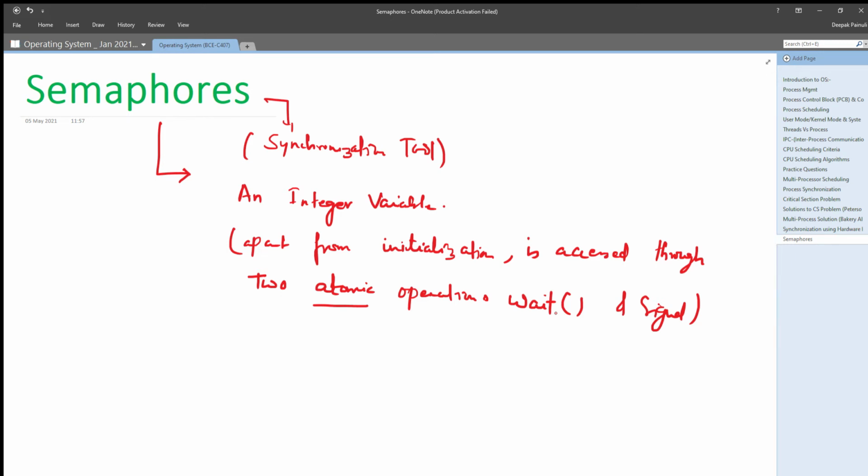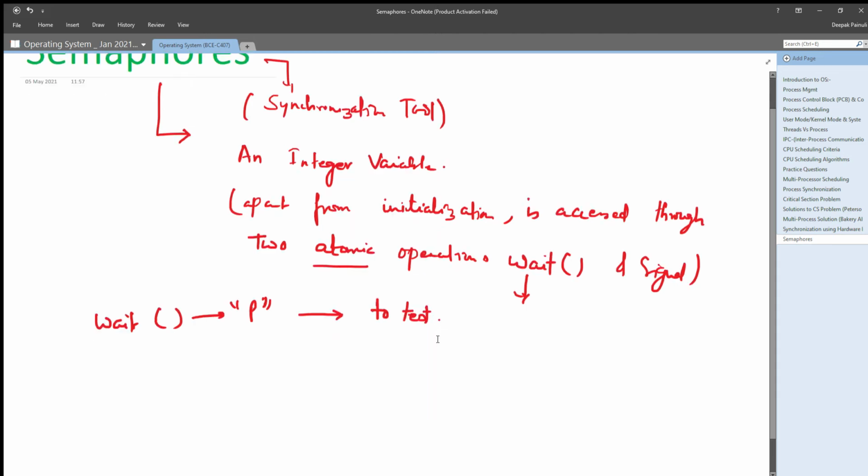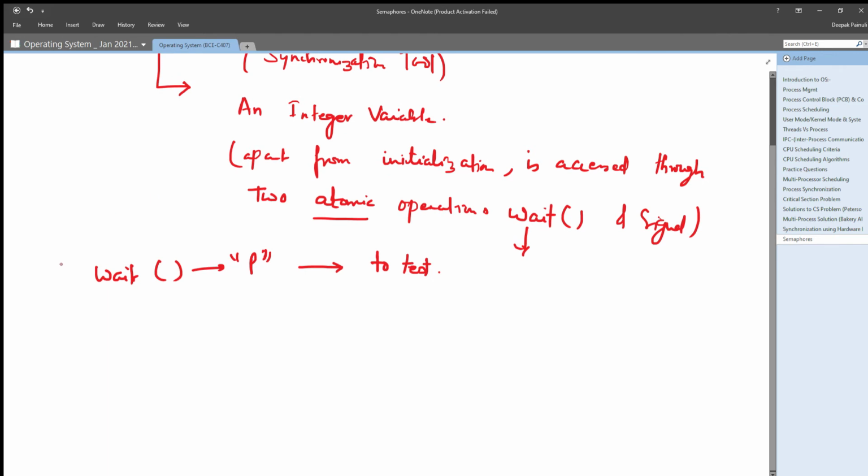Okay, so let's check what wait means. So wait operation is simply a function to test something, or sometimes we will represent it with capital P alphabet, which directly means to test, that we are testing something in this operation.